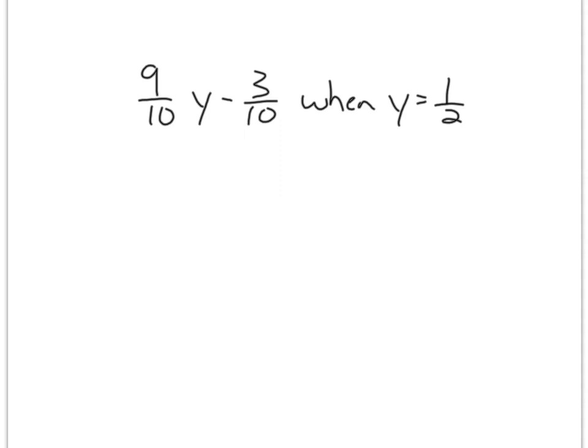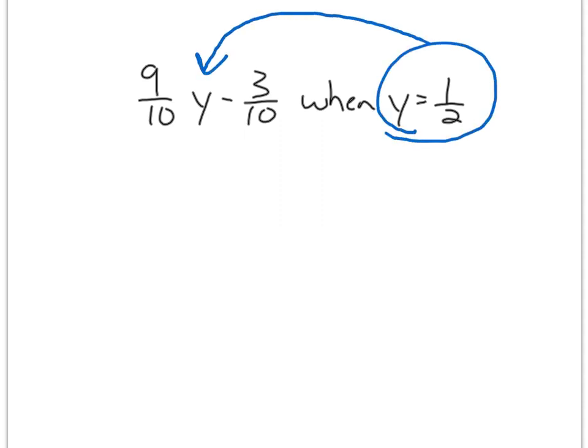Okay, last example. This one I made up here for you. 9/10 times y minus 3/10 when y equals 1/2. So now, again, we've got variables, so we're evaluating, meaning I tell you y equals 1/2, you plug it in whenever you see a y. So 9/10 y means 9/10 times y. So I'm going to rewrite this. 9/10 times my y value, which is 1/2,